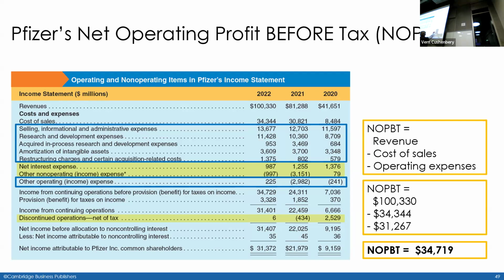So when we take revenues, less cost of sales, less operating expense, we end up with a net operating profit before tax